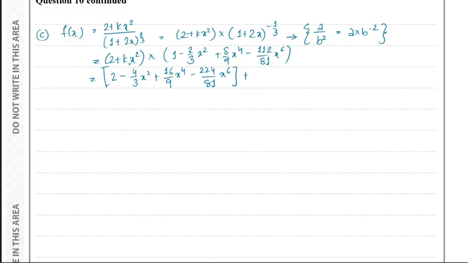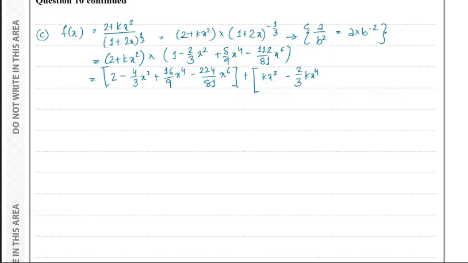Plus, now we have to multiply kx squared with the expansion of part A. At first, kx squared multiplied by 1 is just kx squared, minus 2 by 3 kx to the power 4,